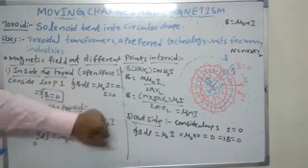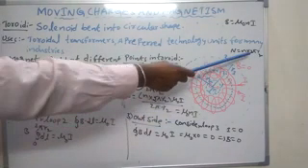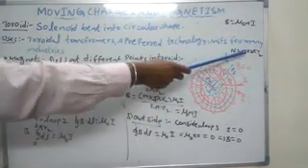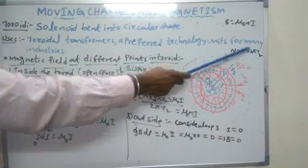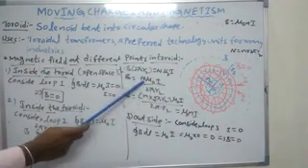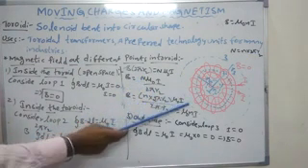Then B is equal to, still we are simplifying this one. Let us consider small n as the number of turns per unit length. That length is the circumference here. Small n is equal to N by 2 pi R2, which means capital N is n into 2 pi R2. If you substitute capital N in terms of small n, capital N is small n into 2 pi R2, into mu naught I.